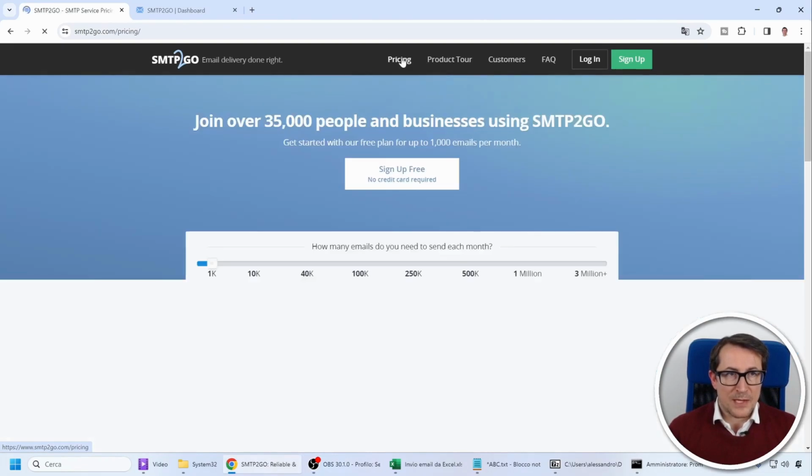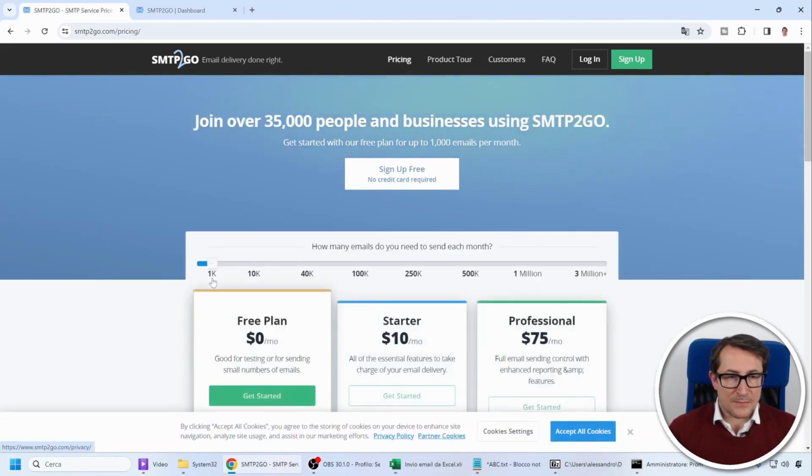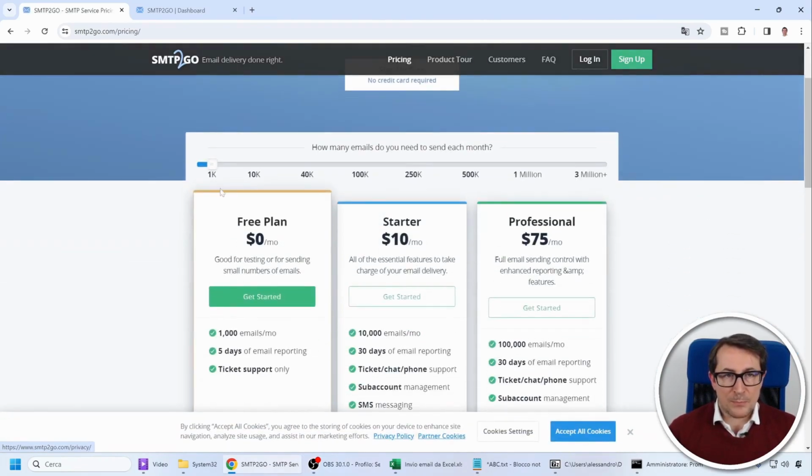First, let's look at the pricing for this service. So you have a free plan that allows you to send up to 1,000 emails per month, with a daily limit of 200 emails. This doesn't mean that if you send 300, 400, or 500 emails, you'll be blocked and they won't work.